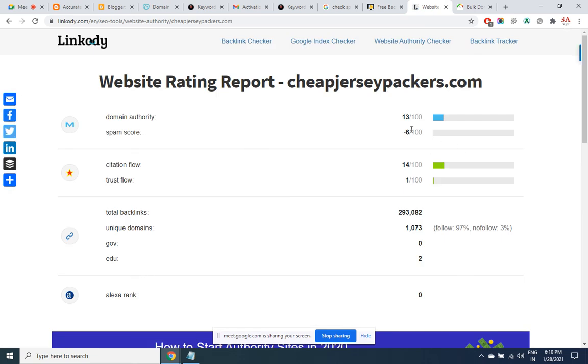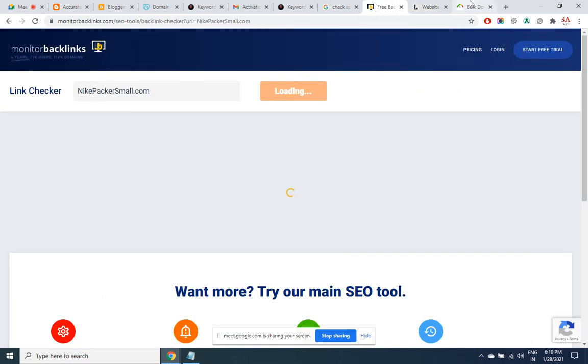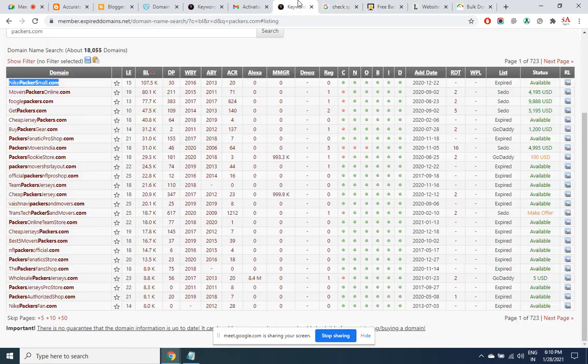Spam score -6. I wonder how it has shown as minus. It can't be minus, it is minimum 1. Okay. I'm a little skeptical. I don't know what the issue is, why it shows as minus. Let's go with some other one available.